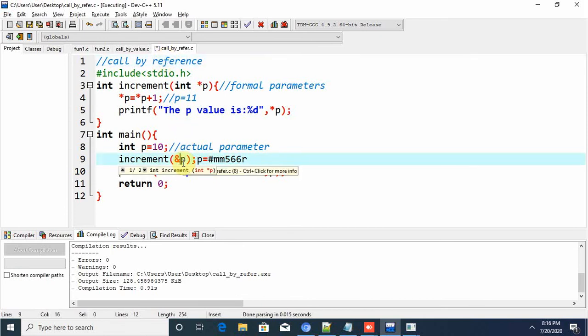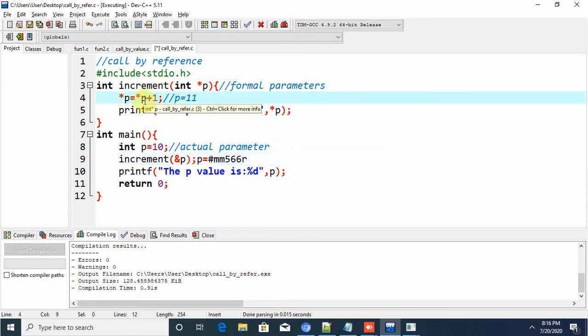Call by reference. At that point, what will happen is this star p will have the value 10. 10 plus 1 will become 11. Okay, because since this pointer